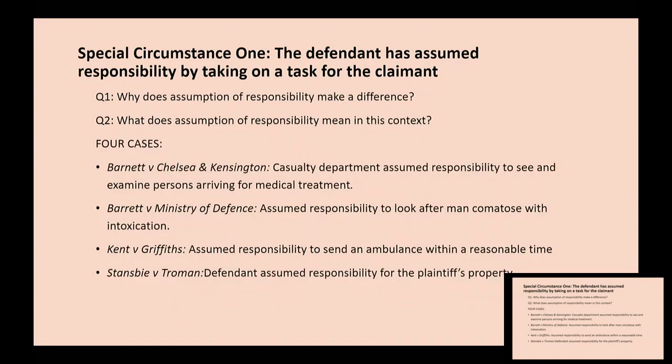She then passed it on to the doctor, and the doctor then had a duty to see and examine the patients, okay? The omission to examine, his failure to come down and actually see the three men, was a breach of the duty of care. But as you all know, there was no liability in this case.